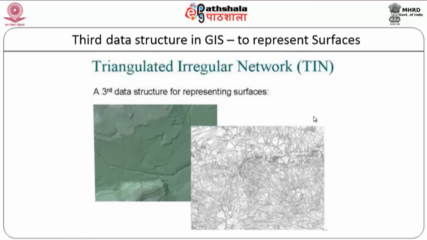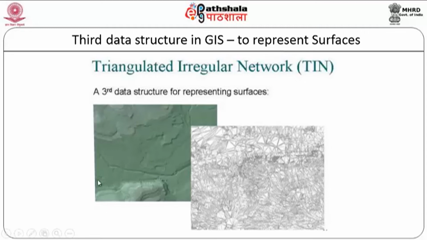There's a third form of putting the data, that is we call it surfaces. Expressing the surface, it could be contour data, it could be an elevation model, digital elevation model. In that context, we have a third type of structure, which is also a part of vector and raster, or raster many times. That is called your triangulated irregular network structure. A very, very unique structure and a very important structure. As the name indicates, triangulated irregular network. It will have n number of triangles. The whole area will be divided into n number of triangles, irregularly spaced. But you will not have any shape other than triangles.